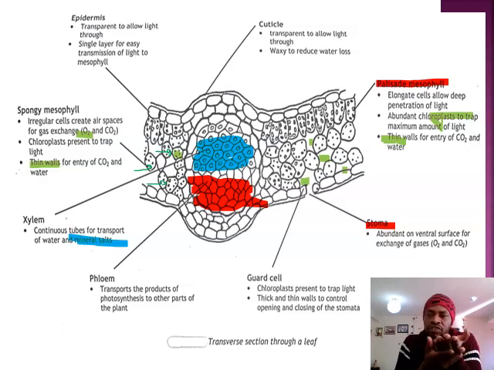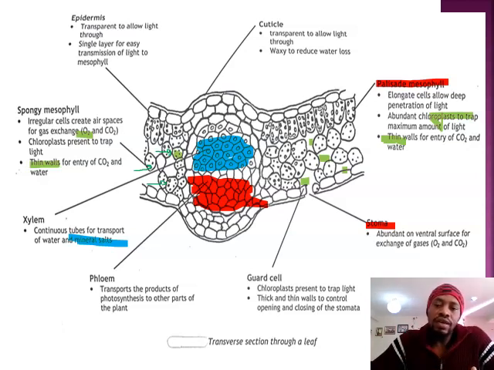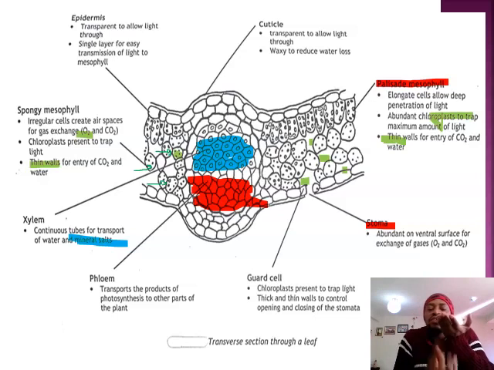It is on the ventral surface so that it can easily have gases going inside of it, because the other side is the dorsal surface. Hence, since gases go upwards, they can easily float and enter inside the stoma or the stomata. Around the stoma,